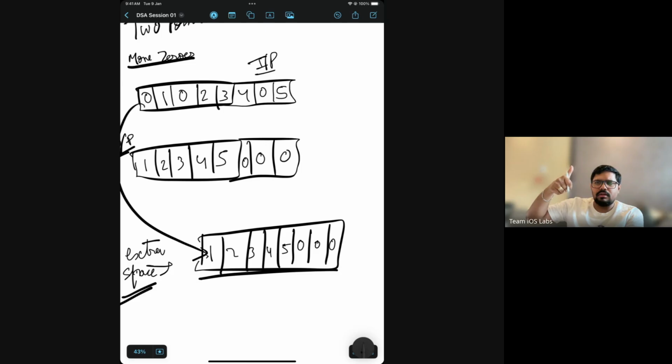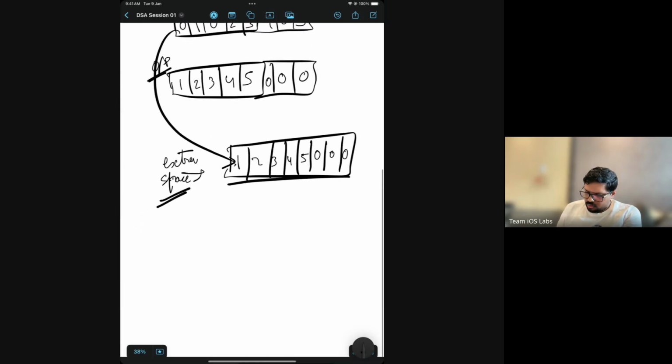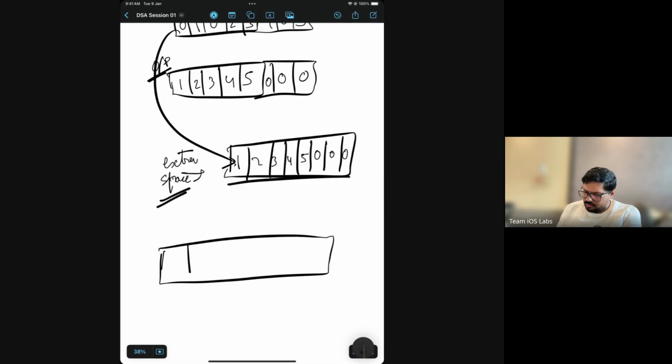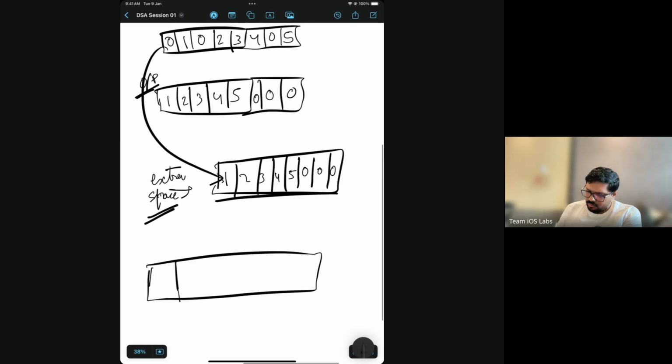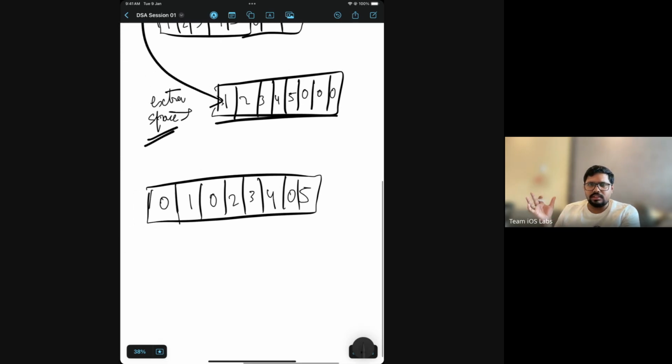Are you getting it? You can thumbs up once. But to optimize this, we are going with the two pointers approach. In the two pointers approach, in the same array, I will update it basically. I don't want to use extra space, and I also want to solve this in one traversal. So what we normally do is take two pointers, one we call the left pointer, and one more, the right pointer.